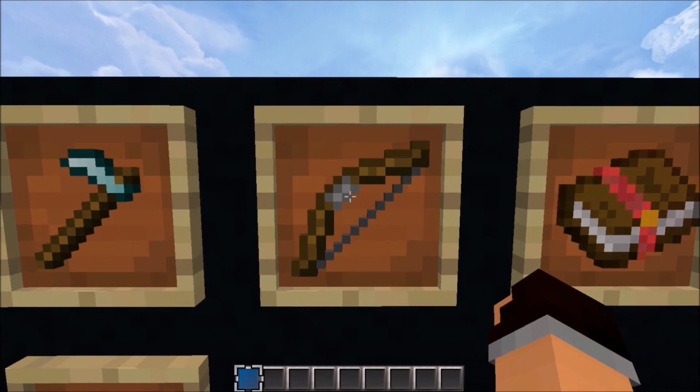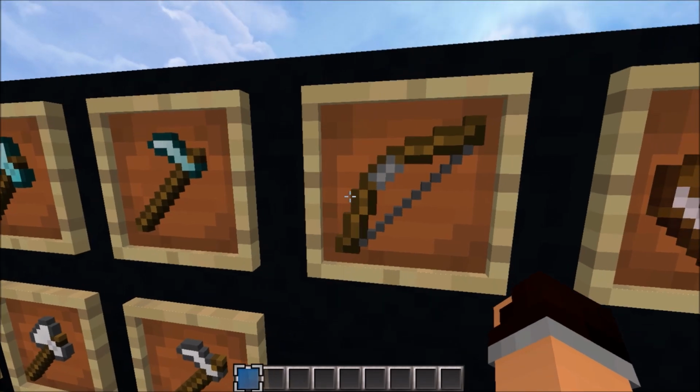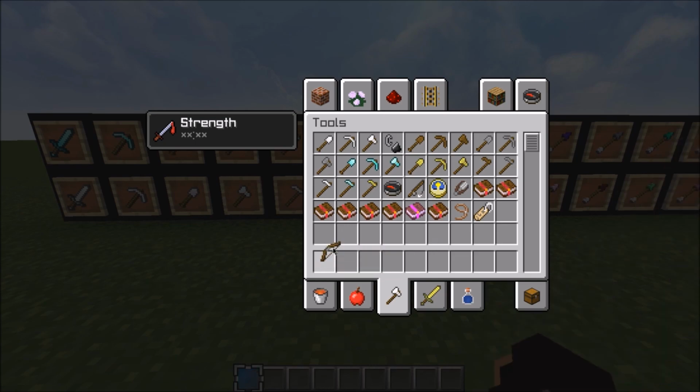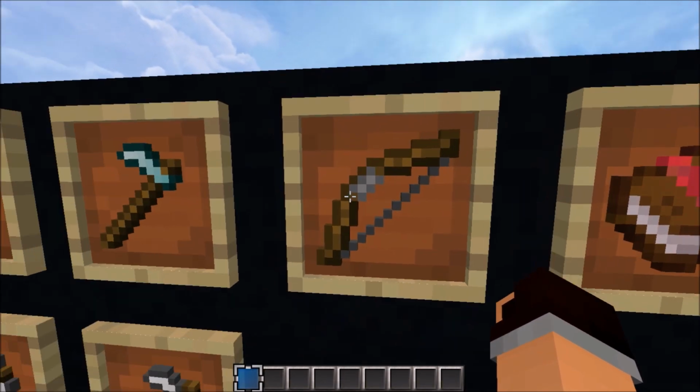Bows are slightly changed. It's a very, very subtle change, but they actually are based off of recurve bows now, as opposed to short bows, which they are in vanilla Minecraft. If you guys know anything about archery, there are multiple types of bows that you can use. There's long bows, recurve bows, short bows, arch bows. There's a load of different types of bows you can use, and it's all based on what the arms here